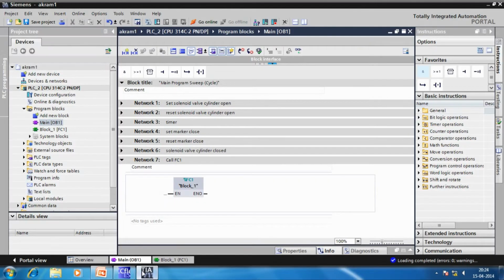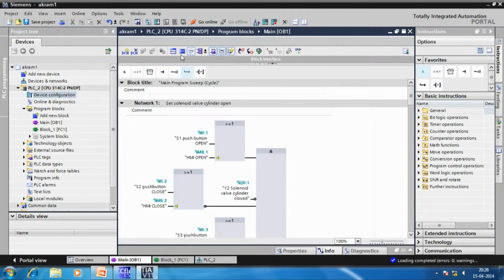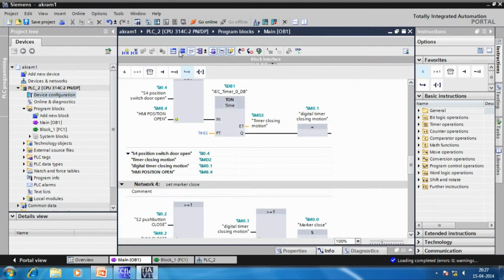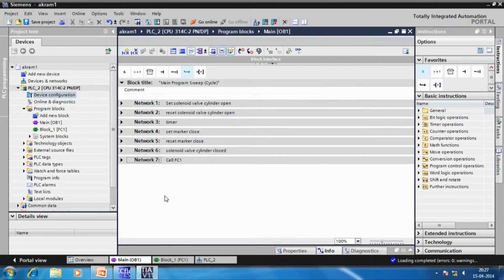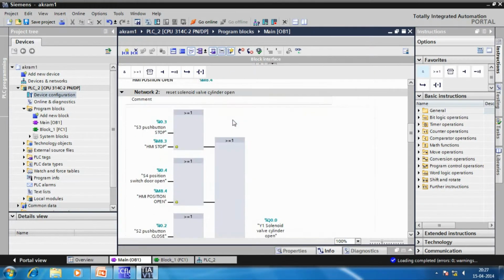Now let's have an insight into the programming part. You can see our CPU as a Siemens 314 C2P and DP from the catalog. It is the Profibus interface. This is the main block where programming is done. The language used is functional block diagram, that is FBD. The entire main block is divided into 7 networks, including 1 network in the function. The subsequent networks are: